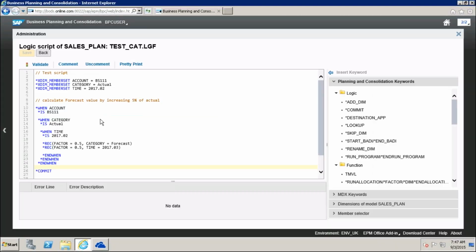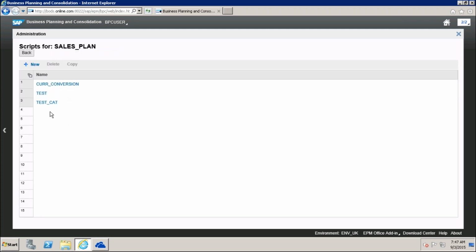So coming back to my script logic, I'm creating one default logic here.